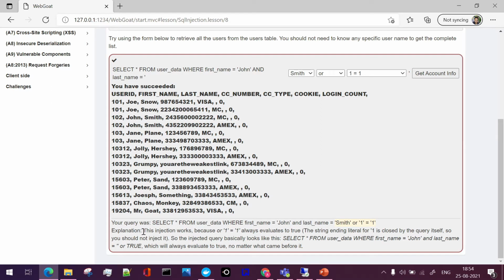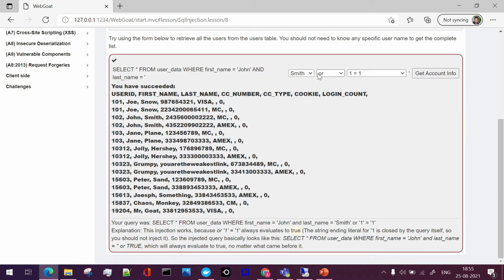Here you can see the explanation is also given. This injection works because 1 is equal to 1 always evaluates to true. If you are confused about why 1 is equal to 1 is passed here, it is one methodology of Structured Query Language: when you pass 1 is equal to 1, it acts as true.